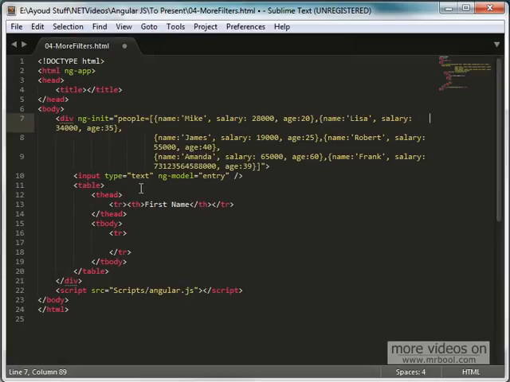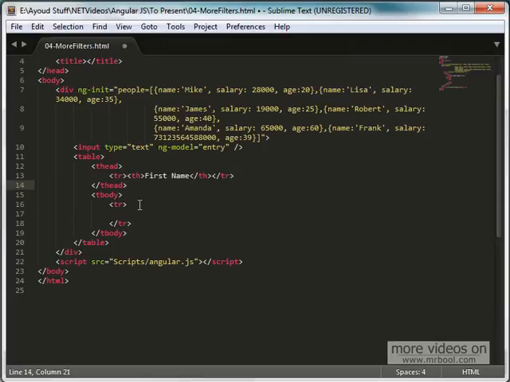And then I have the input in here with the type text, and then ng-model would be entry. And I have the first name representing the first name of the person down here that I'd like to display. Now in the actual body, I'd like to use the ng-repeat, okay, because I'm going to repeat this over all the elements within the array. So ng-repeat,